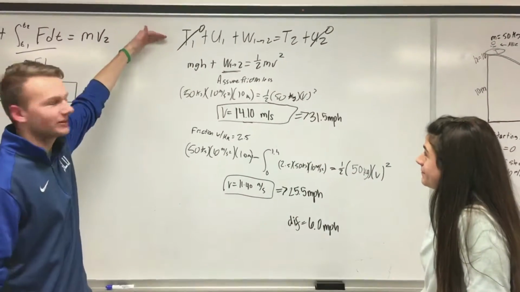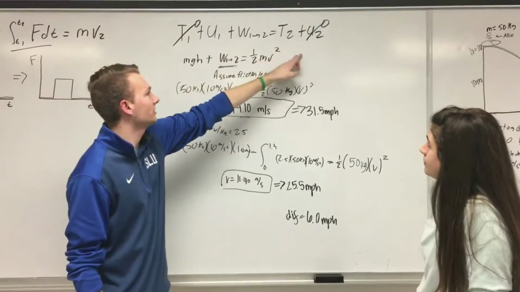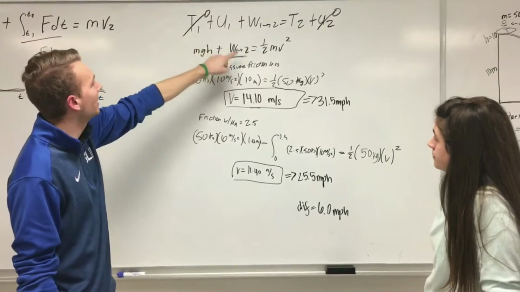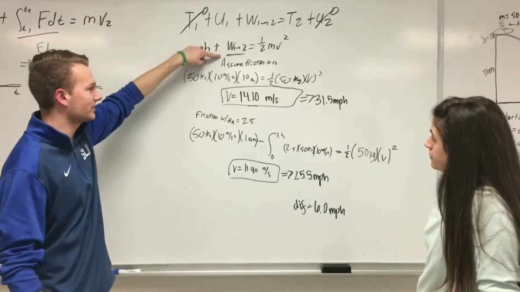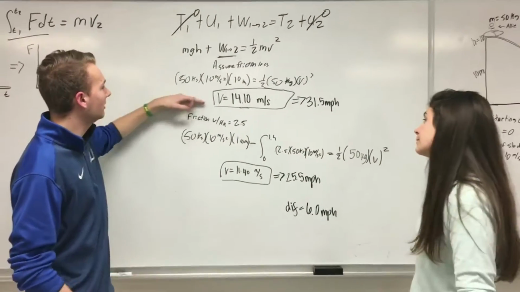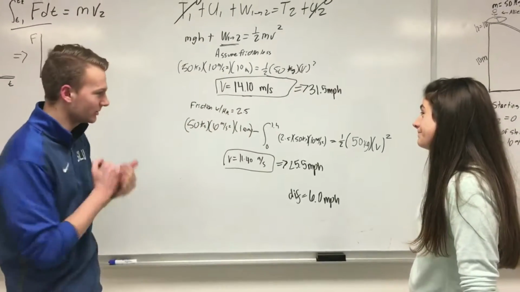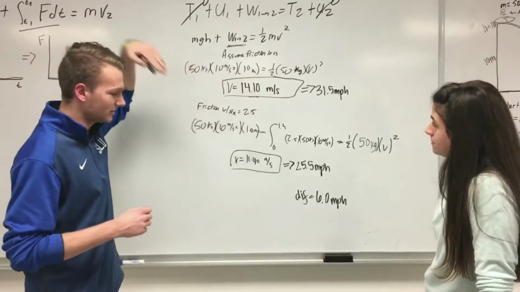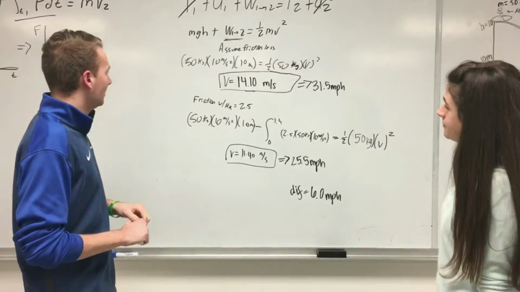So then we get to our conservation of energy equation, our governing equation. From our assumptions, our kinetic energy at 1 is 0, and our potential energy at 2 is 0, which derives down to mgh plus the work from 1 to 2, which we don't know what that is yet, equals 1/2 mv squared. Initially we're going to assume it's frictionless, because we're sledding on some ice, so there's really no friction that we can account for. So then you plug and chug, we get a velocity equals 14.1 meters a second, which is really, really fast. It's worth noting that we're assuming in our problem that we're basically going straight down, which is obviously not how you sled in real life, which is why we get a number that's so high.